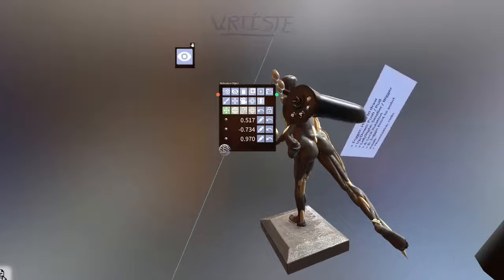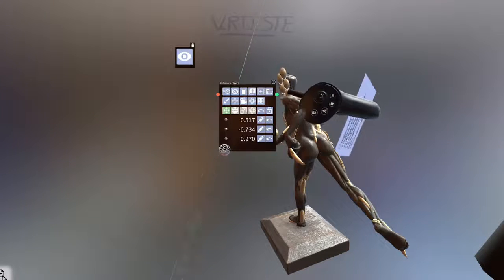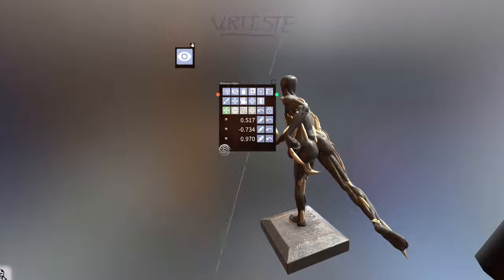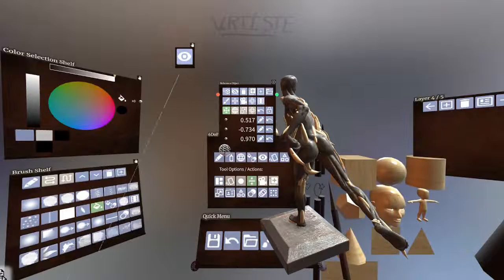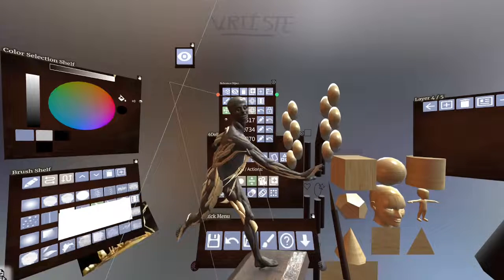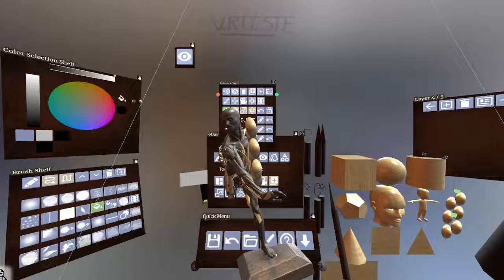Here's the other foot. Some more for the arm, the back. Again, if you're doing this for real, you'll probably spend a little bit more time trying to make sure it looks just the way you want it. Let's get rid of these now since we don't need them anymore.